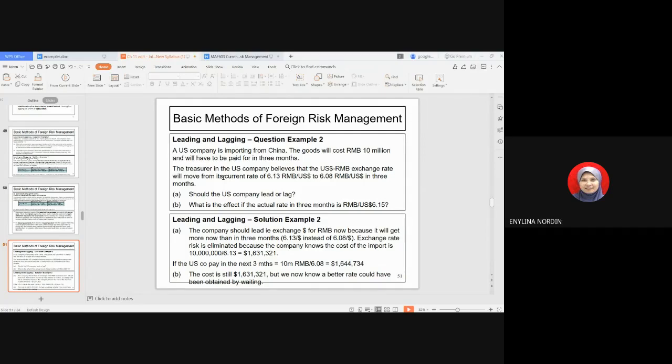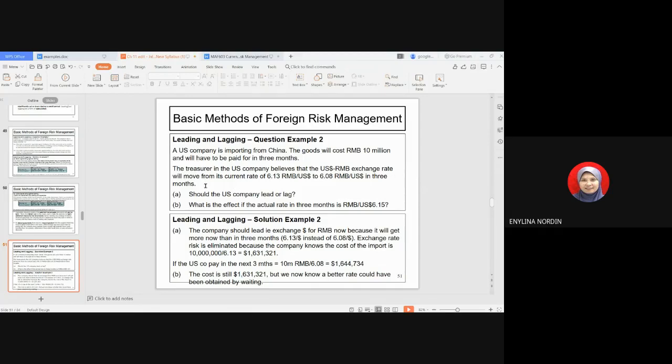And then the treasurer in the US company believes that the exchange rate of US dollar and RMB will move from its current rate of 6.13 RMB per dollar to 6.08 RMB per US dollar,